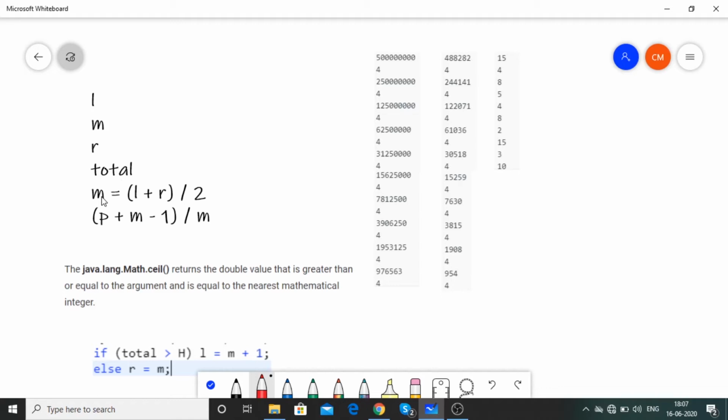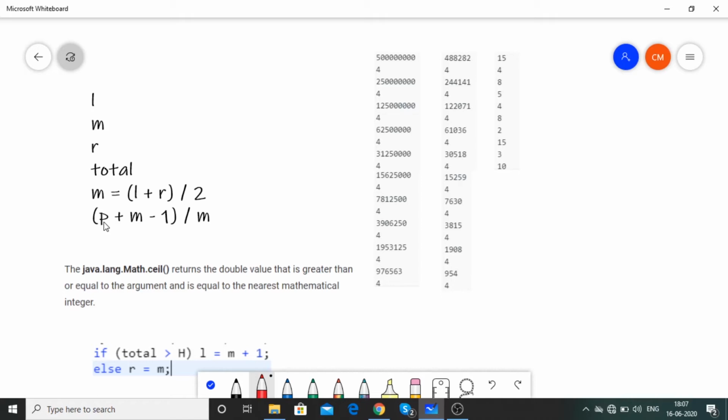That is a pretty self-explanatory part, and this is something that should be of your interest, and that is (p plus m minus 1) divided by m. What I am doing here is that p is nothing but I am traversing that piles array, and I am taking each and every element of that piles array. So this is one particular element of the piles array. So (p plus m minus 1) divided by m is doing nothing but what the Math.ceil function does in Java.